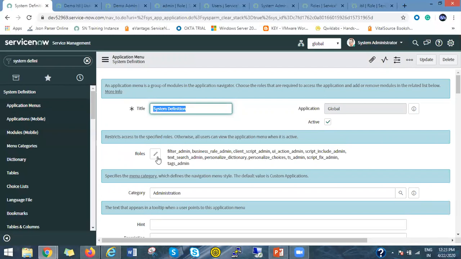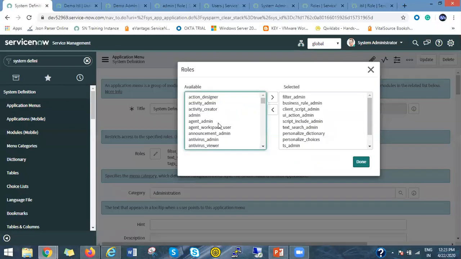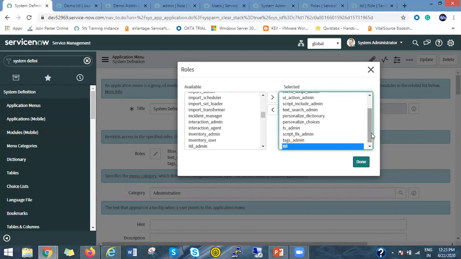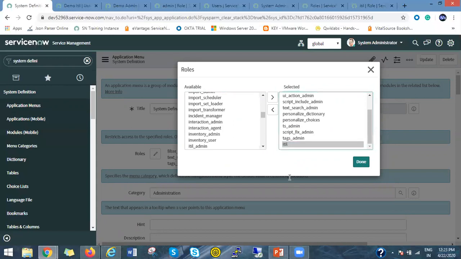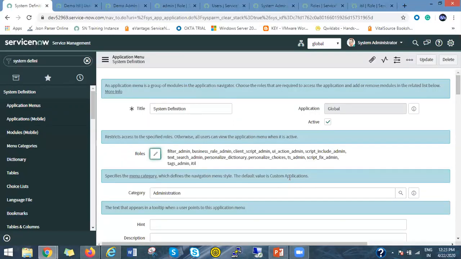So let's say if I add the ITL role here, okay, now in that case users who have the ITL role can also see this system definition application menu. Okay, so let's update this.